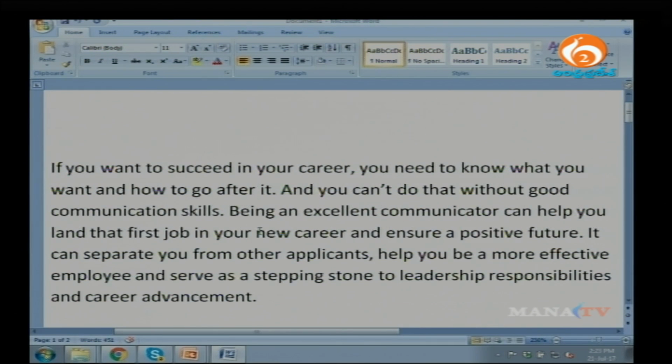All right, let's begin. I'm going to read out this entire passage nice and slow so that you can focus on pronunciation. In case there is a word which I assume you find difficult to pronounce, I'm going to repeat the pronunciation there. All right, let's begin. If you want to succeed in your career, it's not career, it's career. All right. If you want to succeed in your career, you need to know what you want and how to